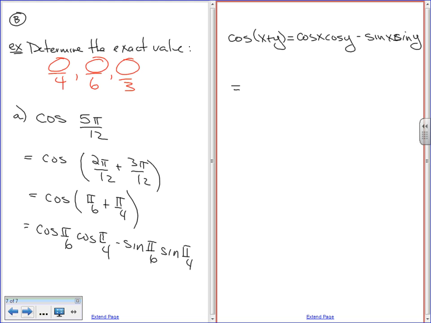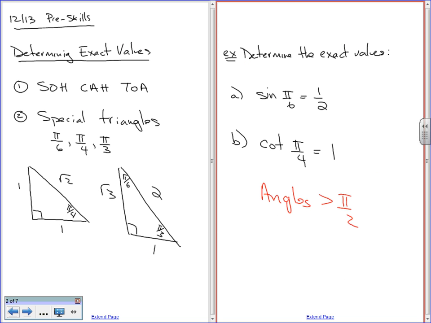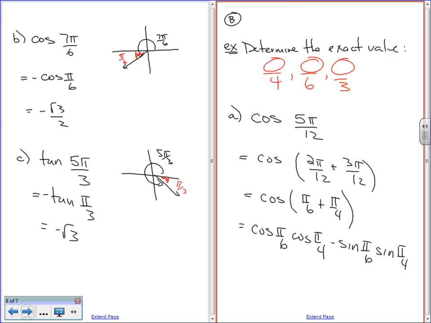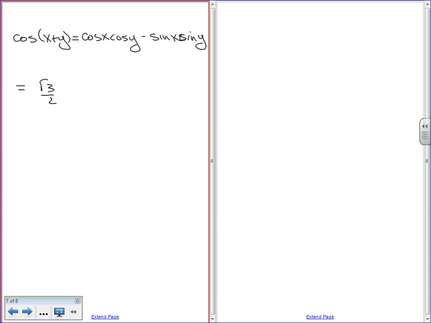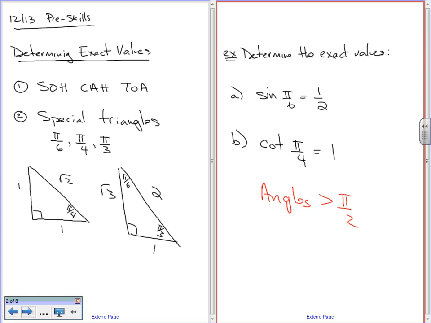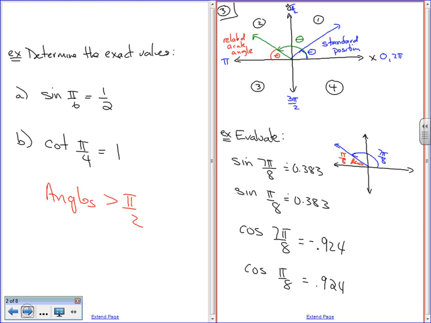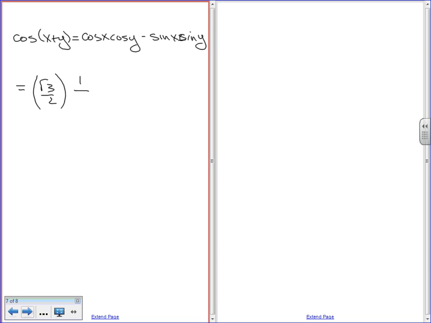So the cosine of pi over 6. Here's pi over 6. The cosine is the adjacent side over the hypotenuse, which is root 3 over 2, times the cosine of pi over 4. Here's pi over 4. The cosine is the adjacent over the hypotenuse, which is 1 over root 2. Subtract